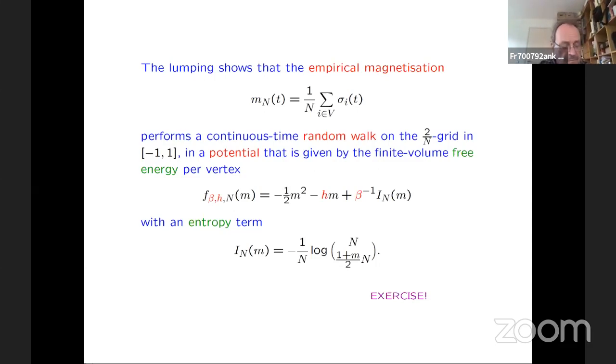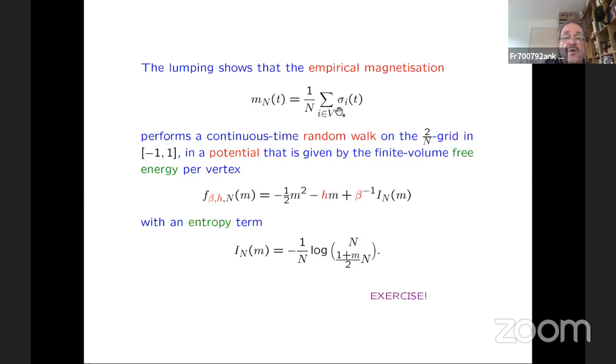So if our system, I can imagine that I put my system in a starting situation where the magnetization is negative, and it wants to evolve towards a situation where the magnetization is positive, because the external magnetic field is positive and it likes to align with that field. You say, well, that is perhaps not going to happen so easily, because the magnetization has to move from a minus value to a plus value, and